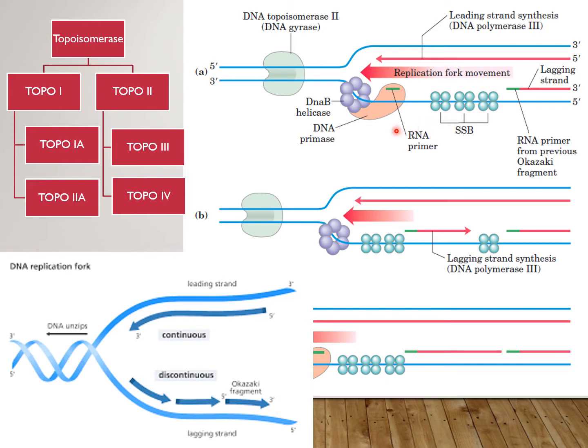So right now, in the initiation phase, the DOE region is unwound, helicase is loaded by DnaC, and SSB proteins are stabilizing the single strand. Then you can see over here DNA topoisomerase 2. The enzyme, also known as DNA gyrase, is also loaded on the DNA strand so that it will be able to release the strain caused on the DNA strand because of the supercoiling of the DNA due to the movement of helicase. Now, what do I mean by this?